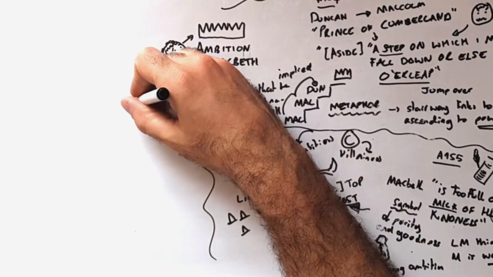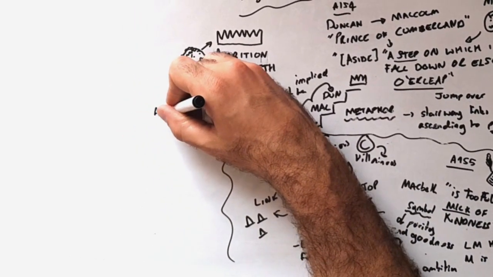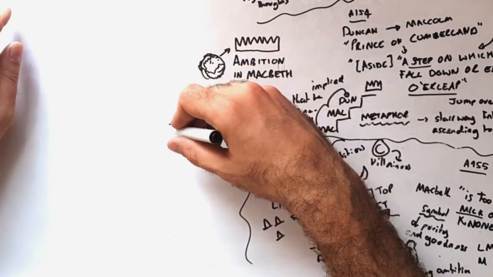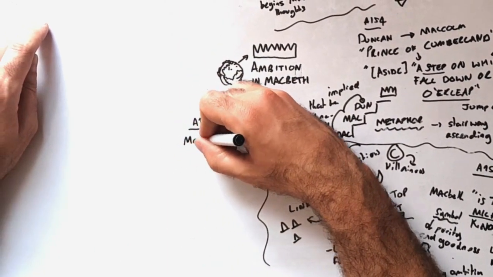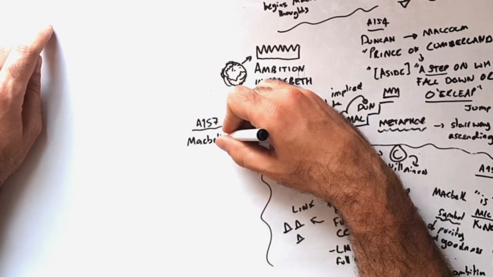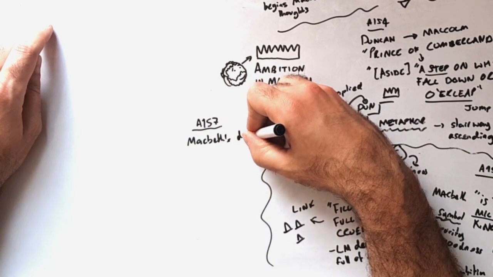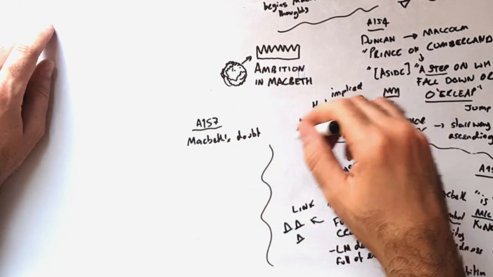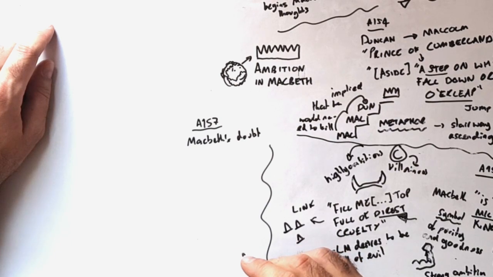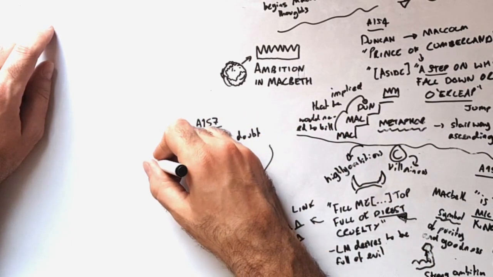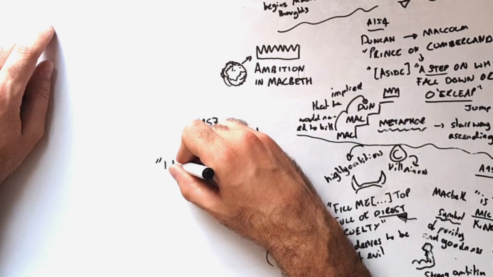So as we move forward to Act 1, Scene 7, we've got Macbeth doubting, and I could put a little comment here, Macbeth's doubt, which is of course relevant to ambition, the fact that he's not ambitious enough to do it on his own. And this is a really famous quote from the play, I have no spur,